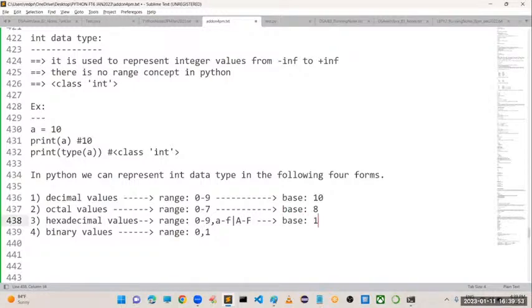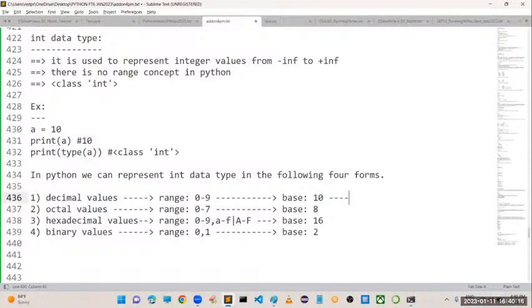The base of this one is nothing but 16. Total 16 numbers will be there, sir. 0 to 9, that's 10, and A to F, 6. Like 16 digits are there. That's why the base is 16. What about binary? How many values will be there? Only two values. That's why the base is 2.